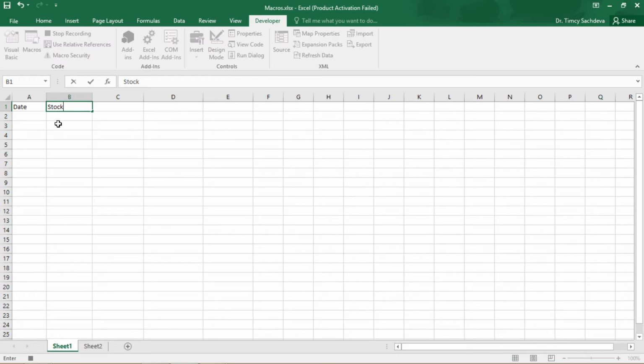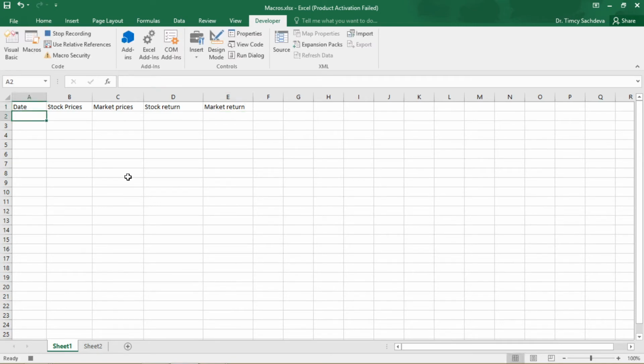So Stock Prices in B1, C1 Market Prices, D1 Stock Return, E1 Market Return.